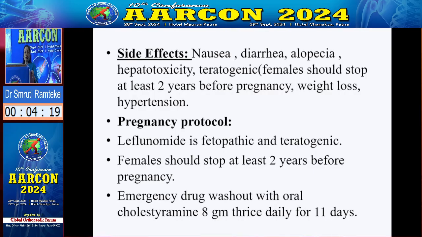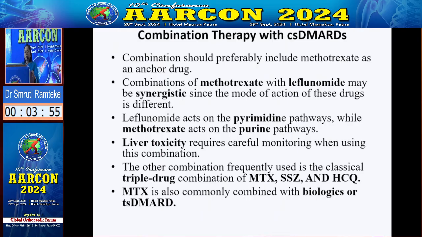So the very important thing is talk with the patient, ask about her pregnancy, ask whether she has completed her childbearing, ask whether she has completed her family. So if she wants to conceive, we have to give a washout of cholestyramine, and then she can conceive after checking the leflunomide levels. Now combination therapy, you can use all these drugs in combination, methotrexate, leflunomide, but liver toxicity is the thing